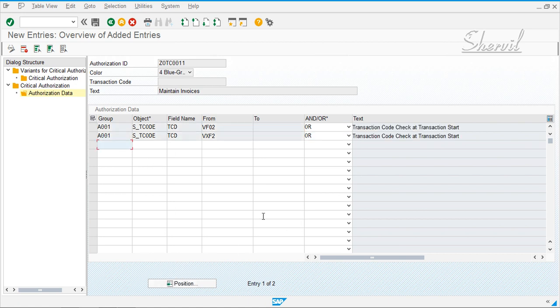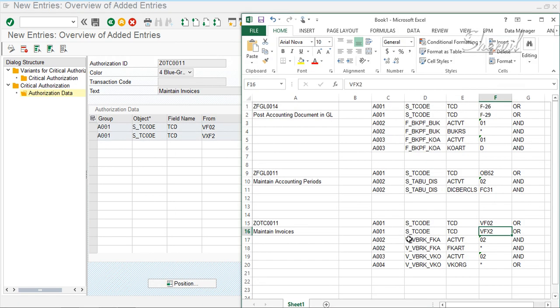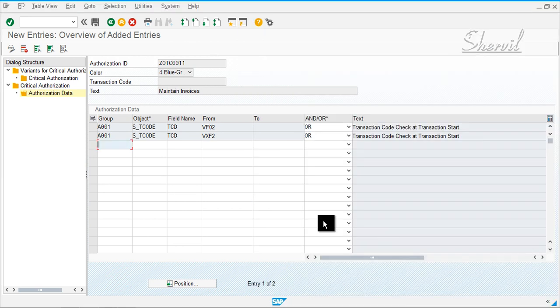Now let's go back and look at the other one, A002. What is the object?